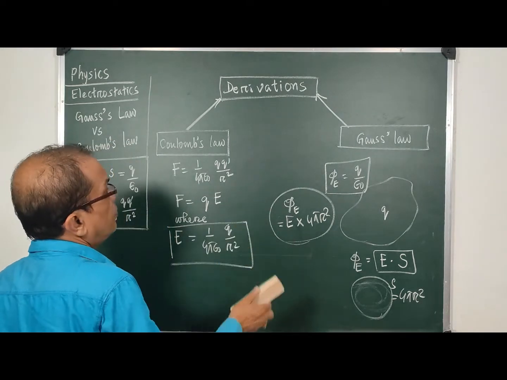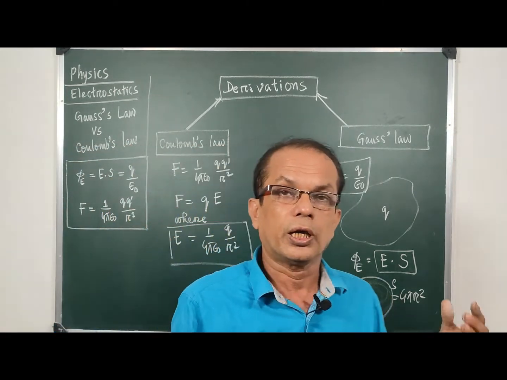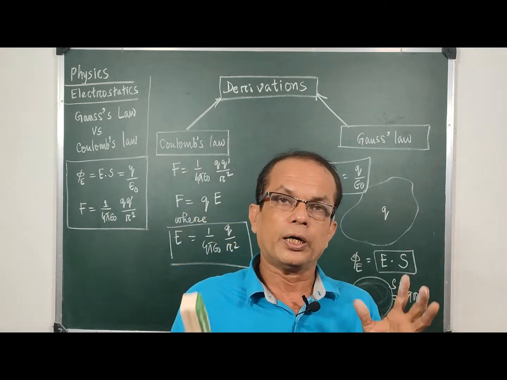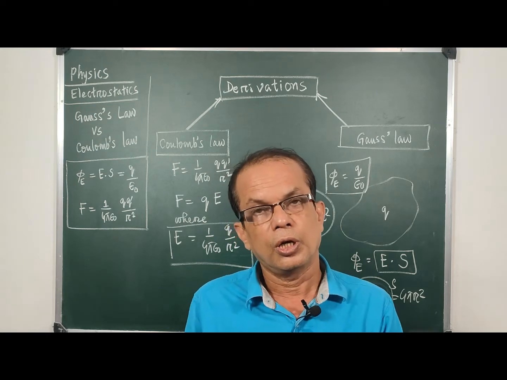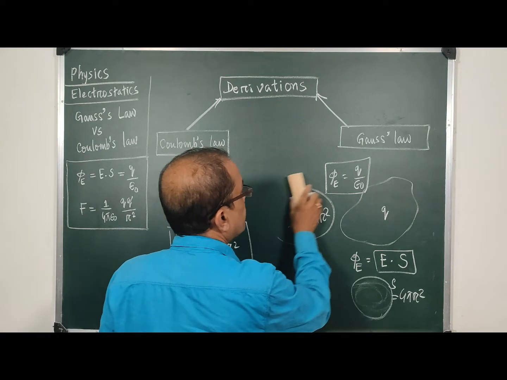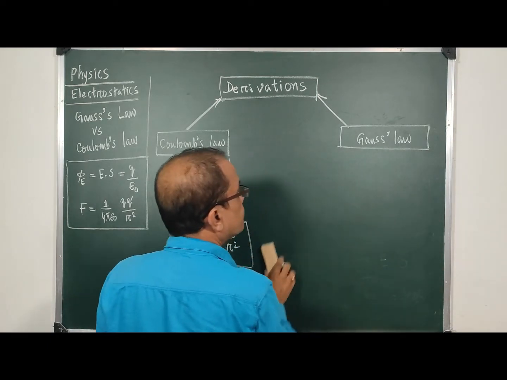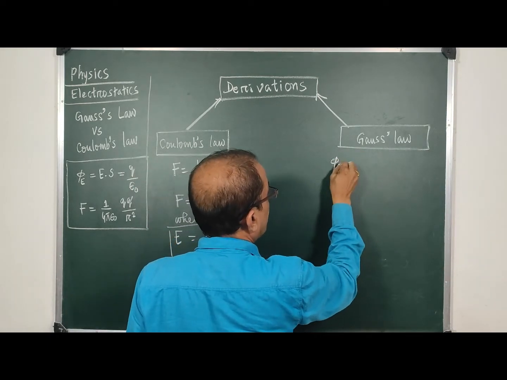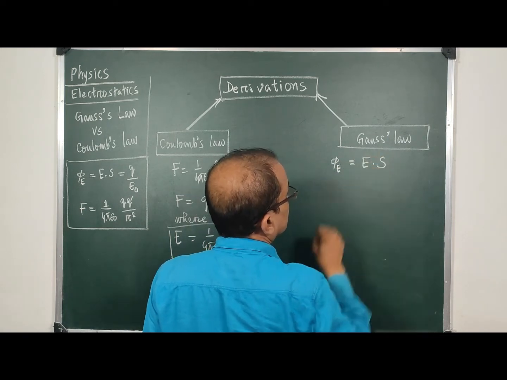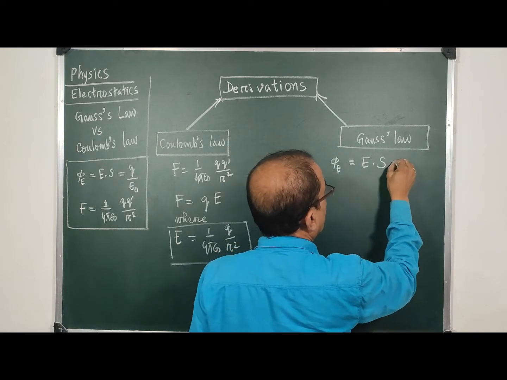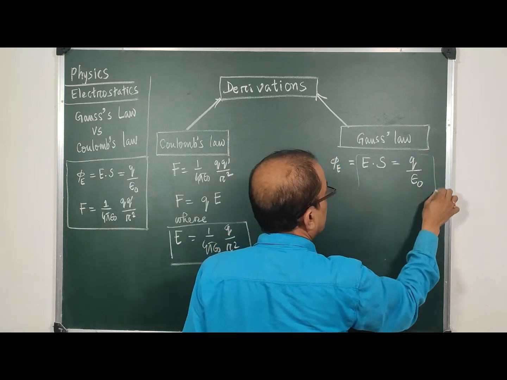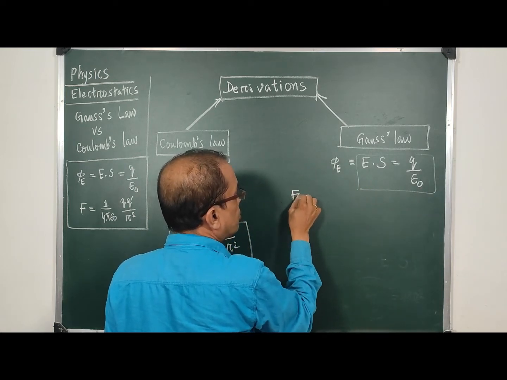Now let us have the derivations, how we can convert one law to the other law, whether we can find Gauss law out of Coulomb's law and Coulomb's law out of Gauss law. Let us go in this way. See, according to Gauss law, we know that phi E is E into S, and this is equal to q upon epsilon 0. So from this part, if we are considering a sphere,